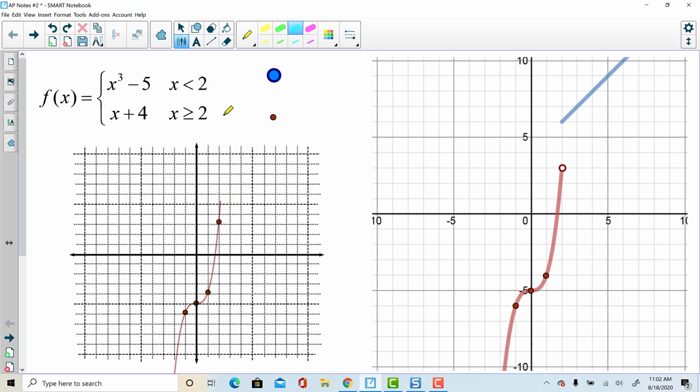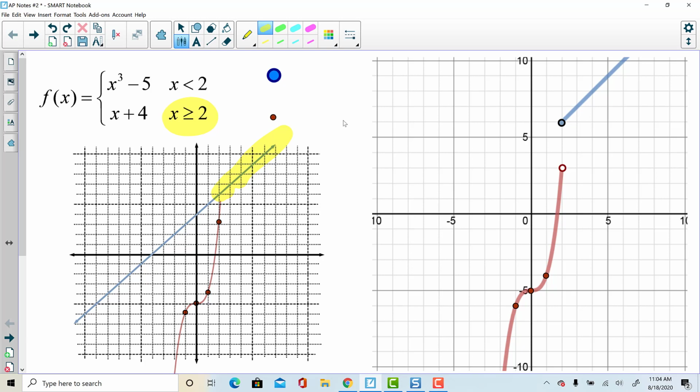The other thing we're trying to graph is x plus 4 when x is greater than or equal to 2. Okay, I just drew the line y equals x plus 4. And we only want to graph this when x is greater than or equal to 2. So we're only going to graph this part of it. Again, x equals 2 is an endpoint, so we want to plot a point at x equals 2 for that line. Okay, this point is going to be filled in because it says x is greater than or equal to